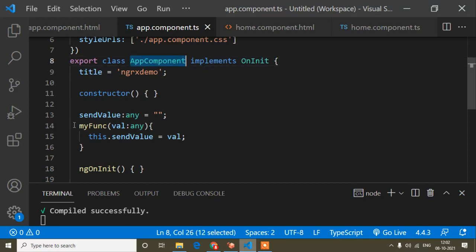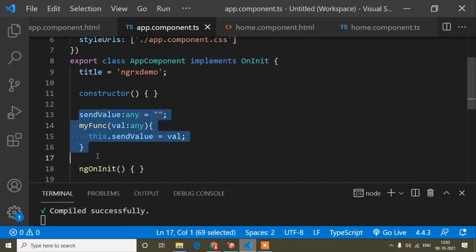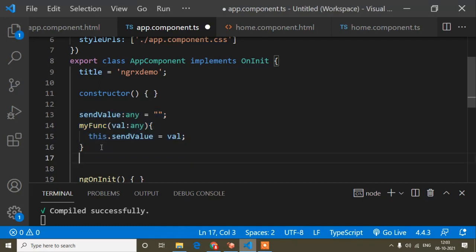Now suppose I need this function in another component, like the home component. How can I use it? First of all I have to export it. I have to export this function separately, and suppose I had 1000 functions.